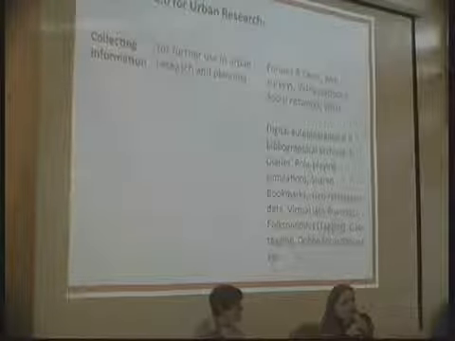When it comes to the second, collecting information, I mentioned this. There's plenty of other possibilities to use via Web 2.0. I've mentioned some social networks as well, and tagging, which is labeling certain content with a short keyword so others can find it.